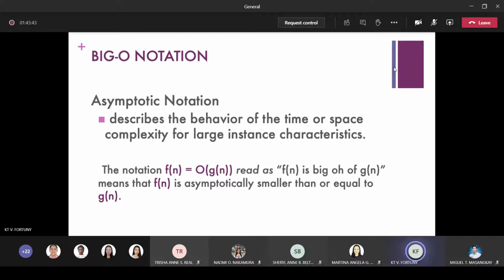Kasi we are more concerned with its behavior for the time or space complexity per large instance. That's why our numbers are by millions of numbers. Hindi lang siya small amount of number. Okay, clear? So the notation for asymptotic notation is